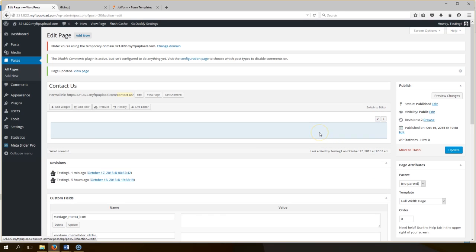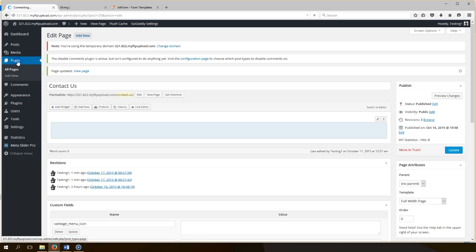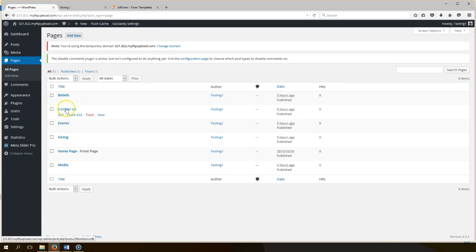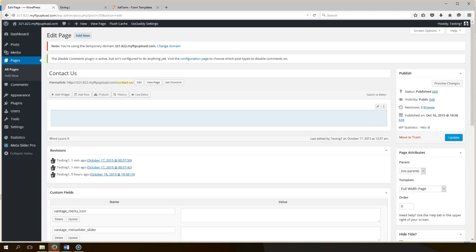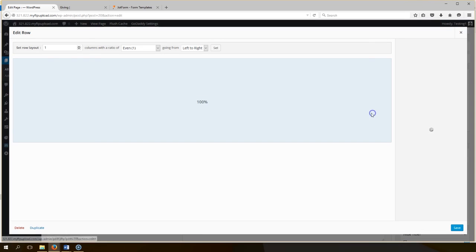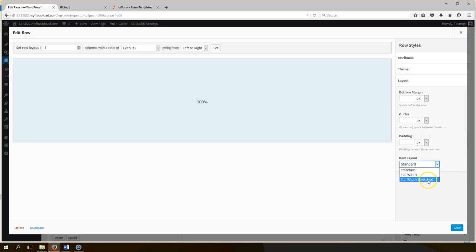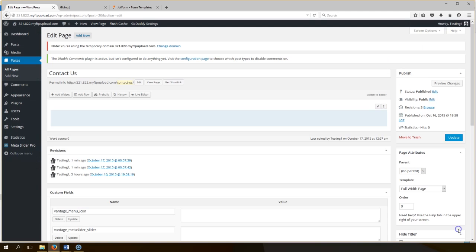Okay. So now we're going to click here, and we're going to make this full width. So let's go to Pages. Oops. Stay on page. Forgot to save it. So we're going to go to Pages, Contact Us. Click the wrench icon, Edit row. And then you go to Layout, Row layout, full width stretched, hit save. Add a visual editor, you click your widget or your row, add widget, visual editor, and you hit